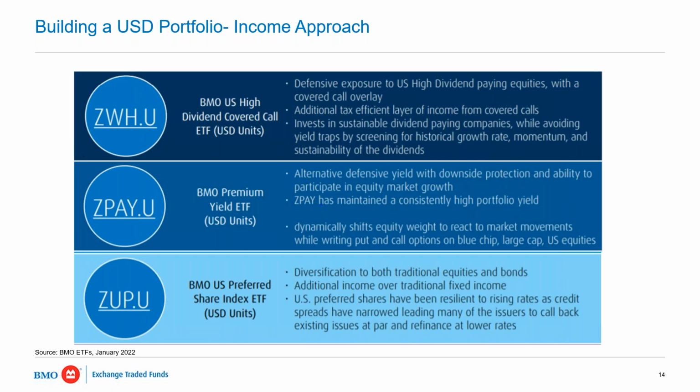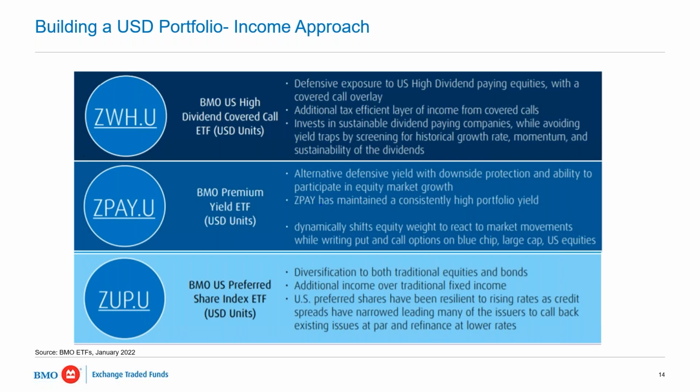Yeah, and you're right, Danielle. Within this little niche of .U ETFs, we've seen a lot of interest in income-bearing ETFs. ZWH.U, that's our US high dividend covered call ETF. So on the income side, benefiting 2 ways. One, by having a dividend approach within the portfolio, and then additionally adding that covered call overlay to increase the income. So looking at a yield around 6 to 6.5% net there, and that's certainly been attractive to clients, some of which are looking to pay bills or derive an income stream from their US dollar assets.